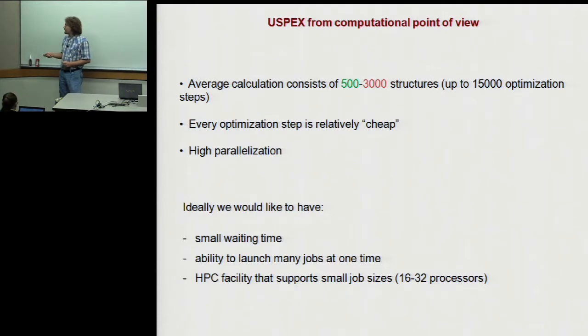And also, waiting time can be crucial. If we are waiting 2 hours and then calculating, making the relaxation within 1 hour, then it means that actually 66% of the time we are just waiting and doing nothing. And on some supercomputers, and our Blue Gene is not an exception, small jobs actually have longer waiting times than big jobs. Usually they allocate a big number of processors, like 5,000, for example, to those big jobs, and we just get the leftovers. And our small jobs wait for these leftovers. But anyway, this is what we would like to have from a hardware point of view.